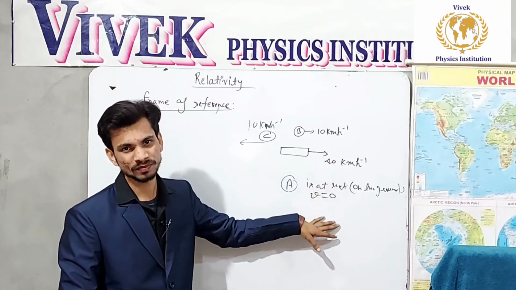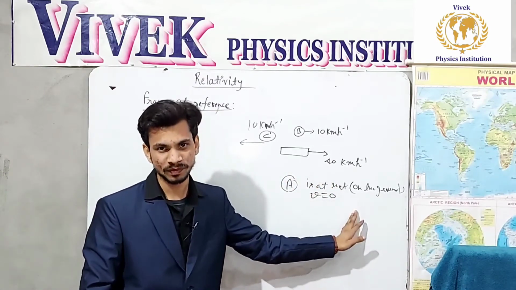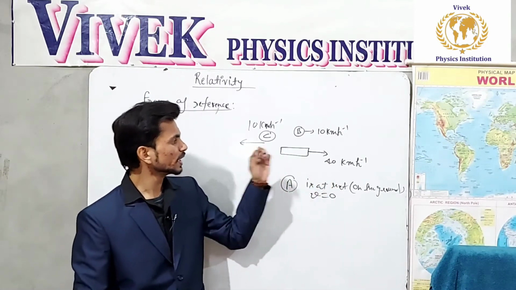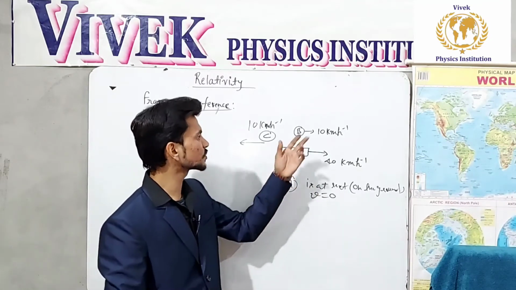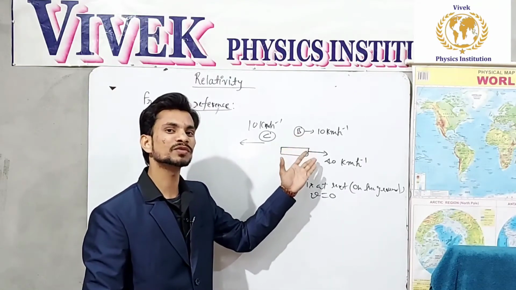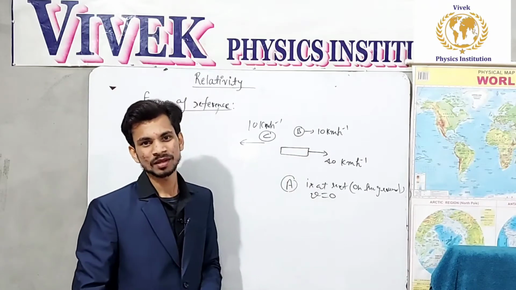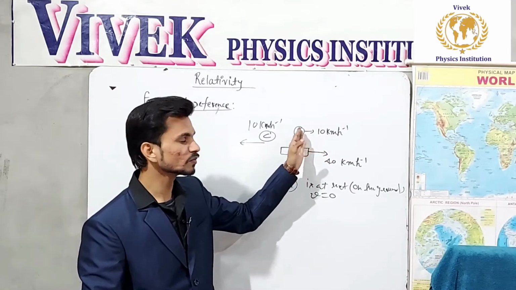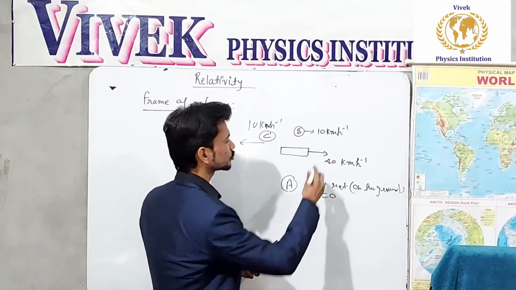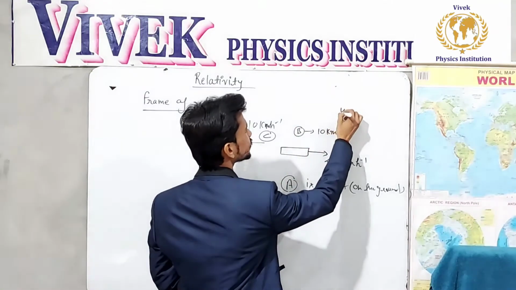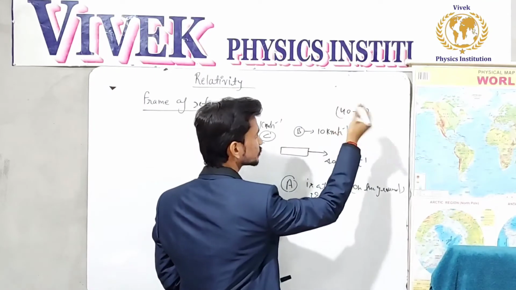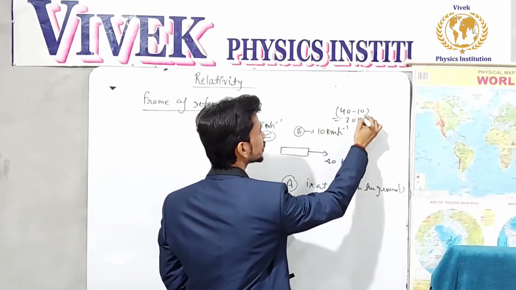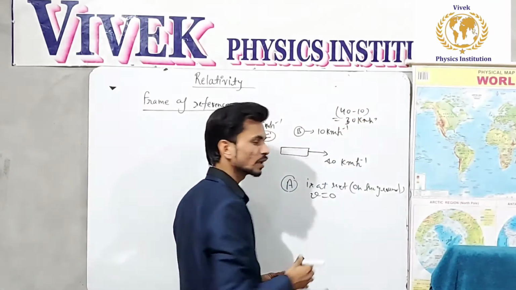This is the comparison. So relativity will take place. Now if we are interested to ask this person what the speed of this train is according to you, then what will this person say? This person will say the train is moving with the speed 40 minus 10 equals 30 km/h, because